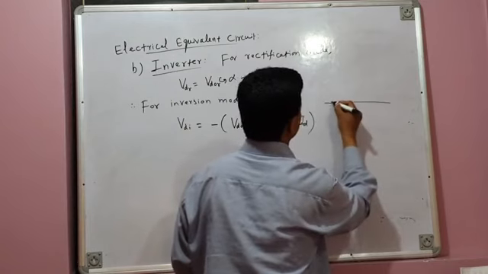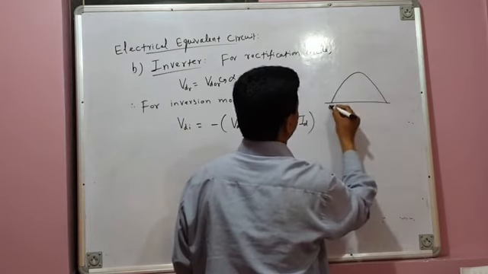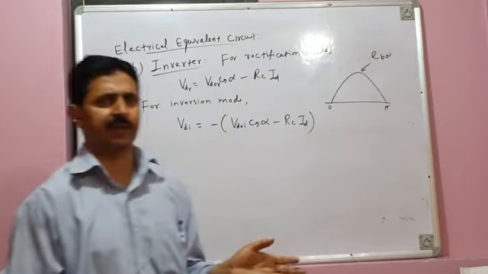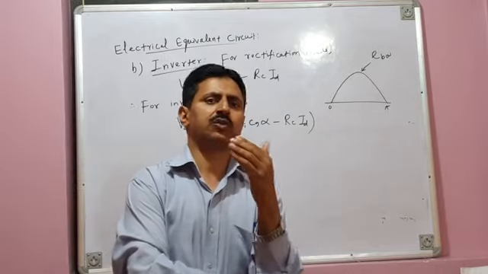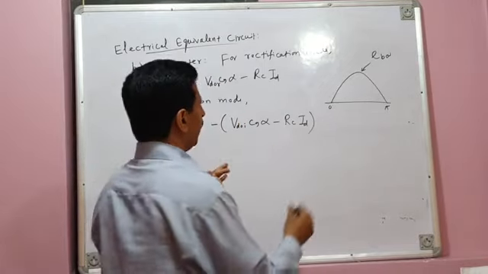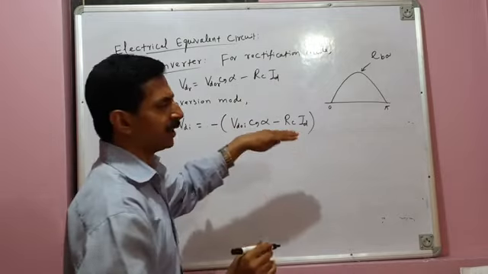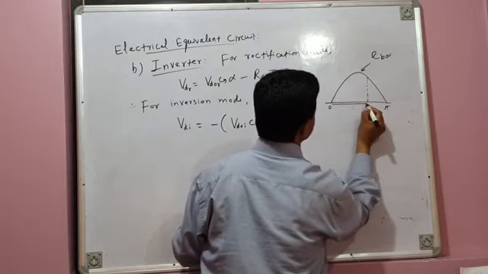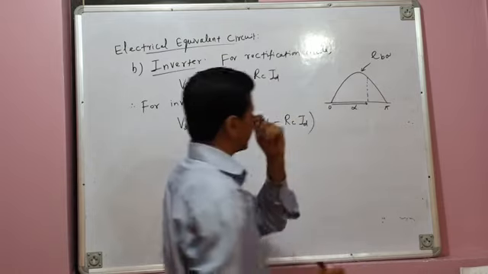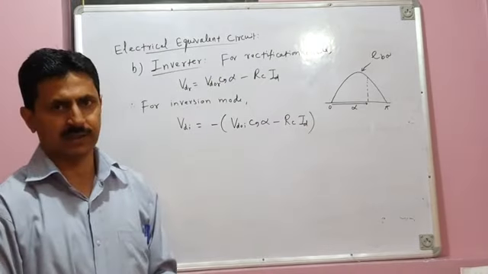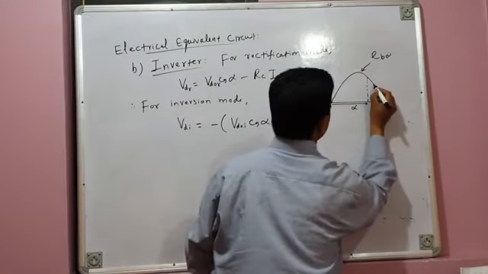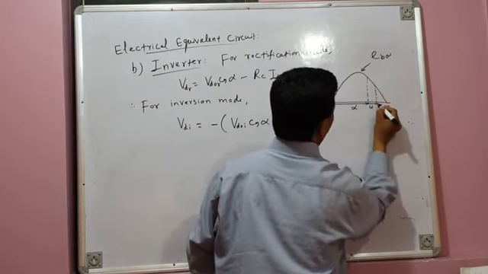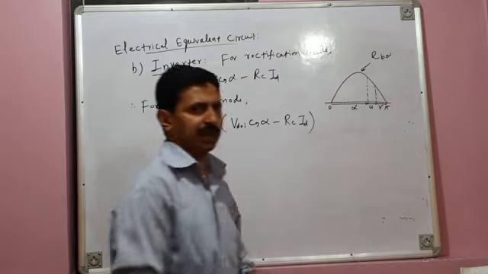Now let me draw the waveform for commutation voltage of valve 3. EBA, we already know, we always take it as reference. What is EBA? It is the commutation voltage of valve 3. Let us suppose since our converter is operating in the inversion mode of operation, alpha will be greater than 90 degrees. So let us suppose this is alpha. You can see alpha is greater than 90 degrees, so your converter is operating as inverter in inversion mode. And then this is U, for example, overlap angle U. And what is this angle? You already know it is gamma, extinction angle.